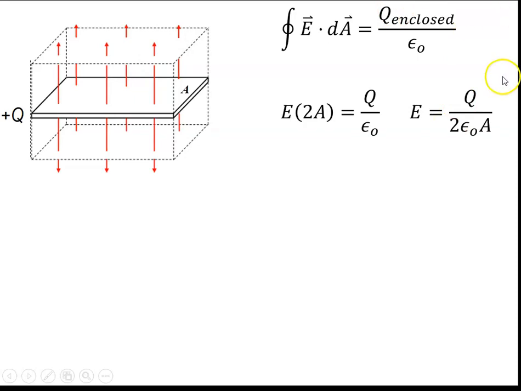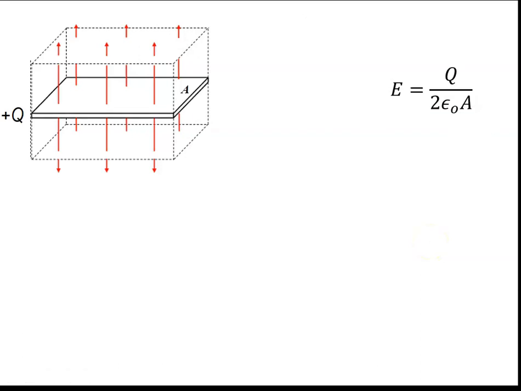I just like to cluster the constants together. Okay, that's it. That's the field produced by the positive plate: E equals Q over 2 epsilon naught A. Now, of course, for oppositely charged parallel plates, we have not just the positive plate, we have the bottom plate